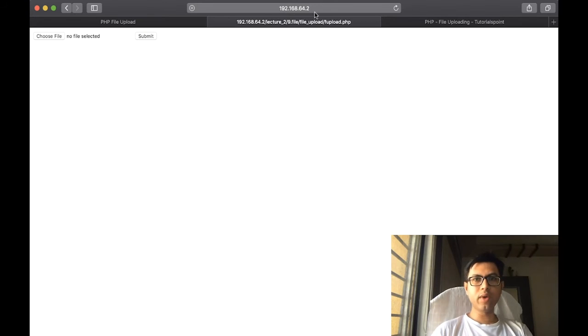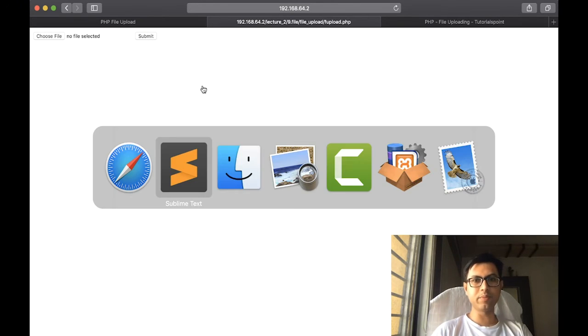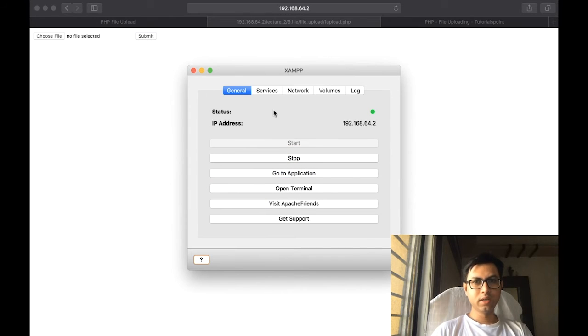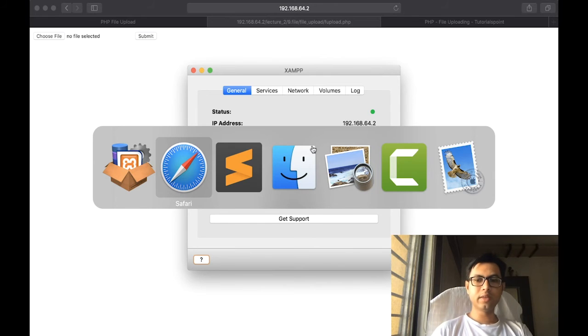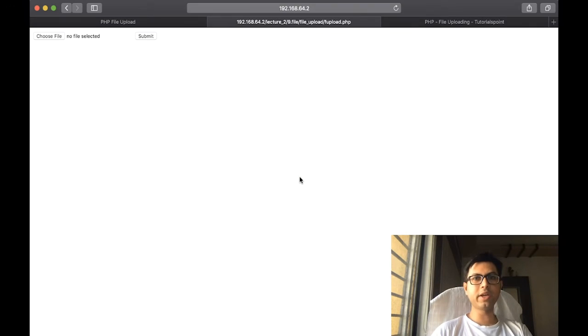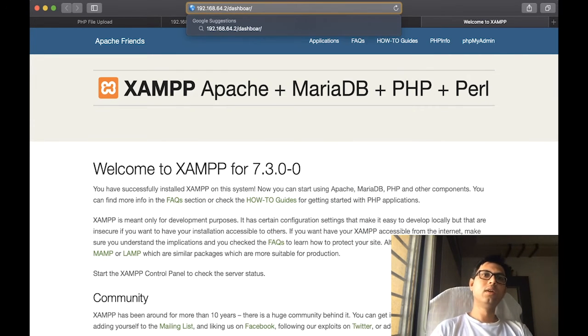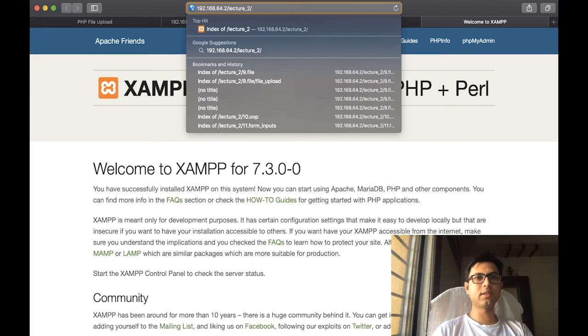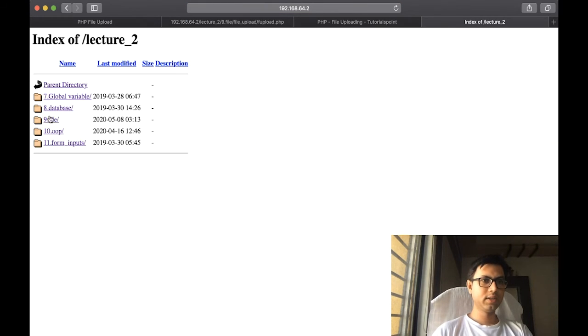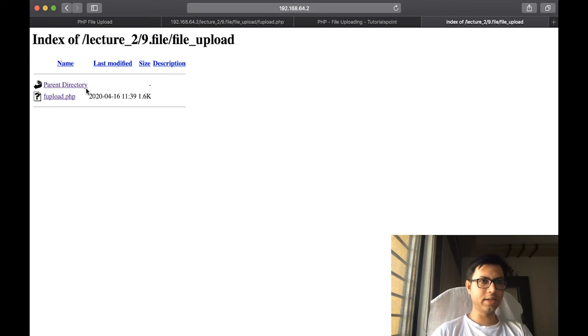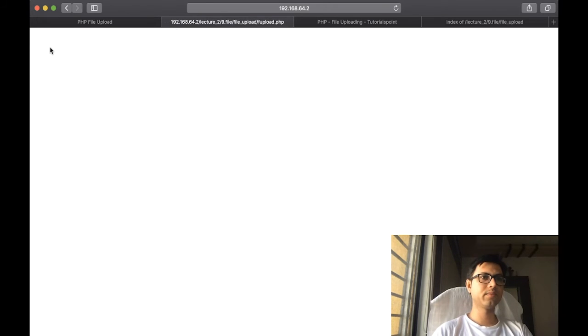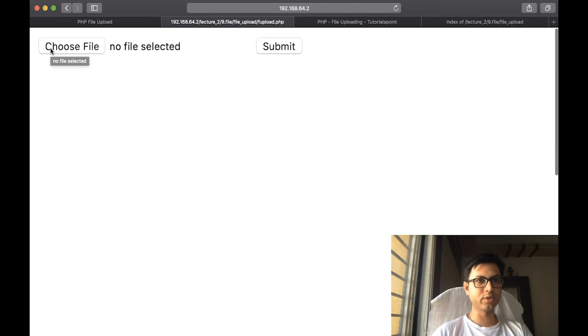Yeah, once again I want to revise that if you want to run any PHP script, you have to of course run XAMPP. You have to start XAMPP first of all, and then go to this application, this particular page, and over here write down the file name which you want to run. I want to run the file which resides in the lecture_2 folder, this one. Let me zoom it so that you can visualize.